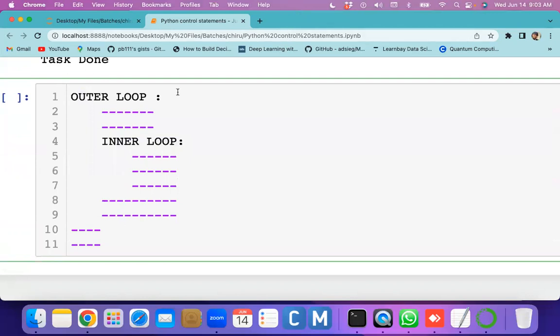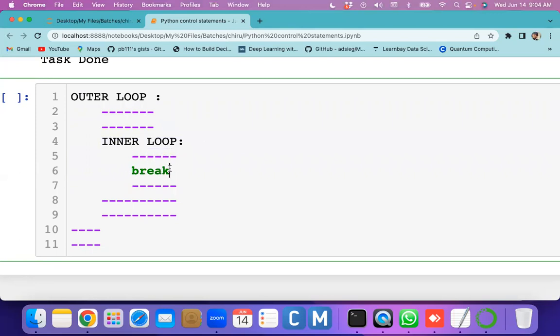Loops are different from conditional statements. For example, if the break belongs to the outer loop, then it stops the outer loop. If the break belongs to the inner loop, it stops only the inner loop. If I have the break over here, it breaks only the internal loop, not the outer loop. These two statements are executed, then it enters the internal loop and each statement is executed.